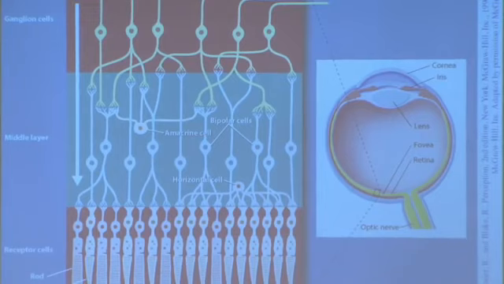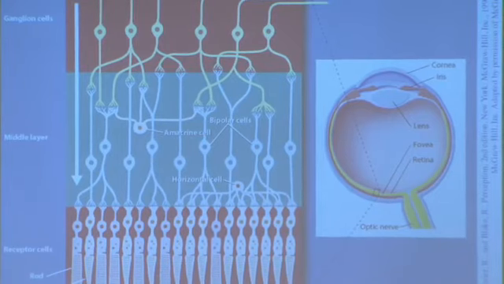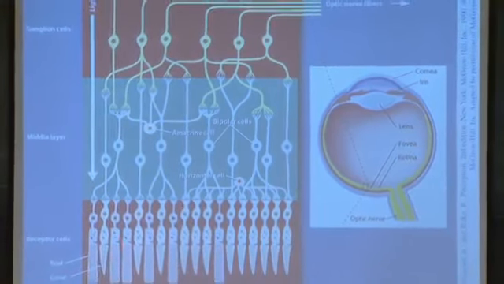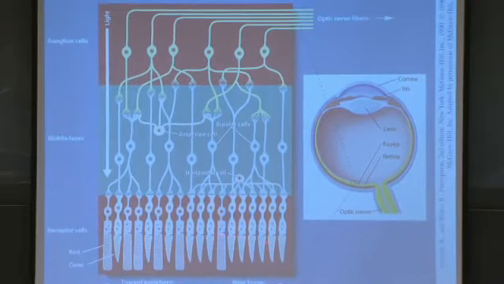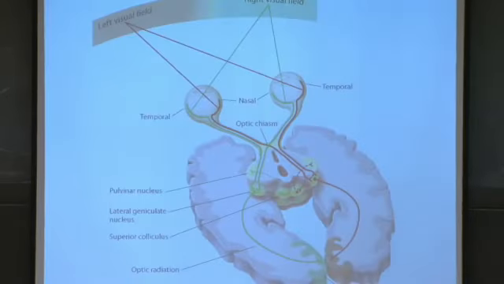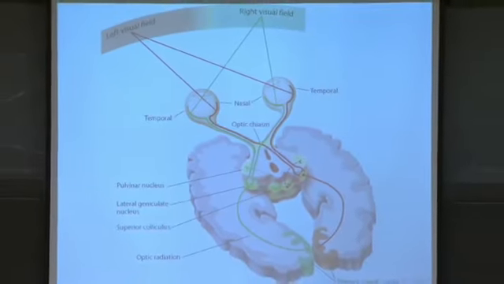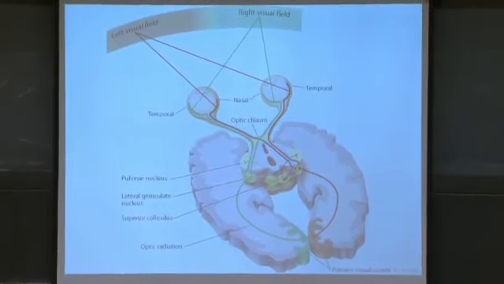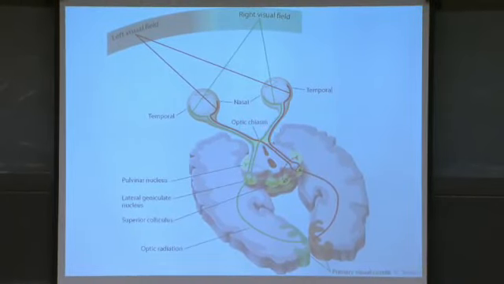Let's take a closer look at the retina, these layers of cells in your eye that begin vision. So light comes in and bounces to the back. And here are the rods and cones where vision begins. The cones are primarily near the fovea. The rods are primarily peripheral. And I'm reminding you again that as the optic nerve leaves, it goes to the optic chiasm. The fibers get sorted out by whether they're carrying information from the left or right side of the world, and then enter the cortex that way.